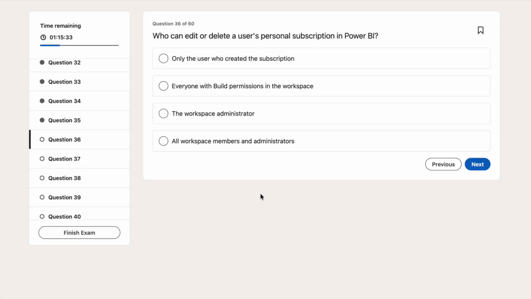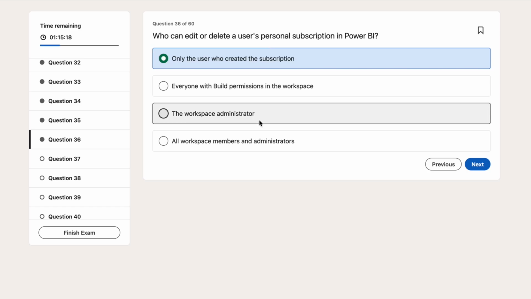Next is who can edit or delete users' personal subscription in Power BI? I think the one who created it, only the user who created the subscription, I think. Yeah,